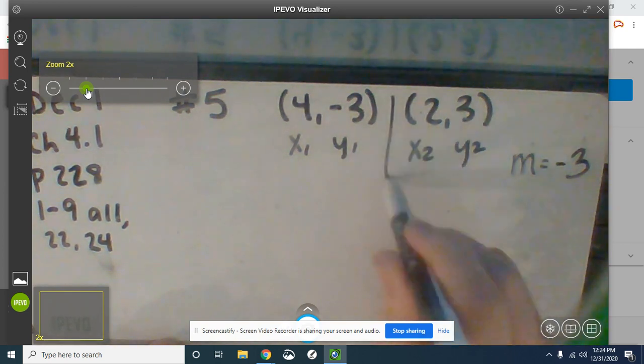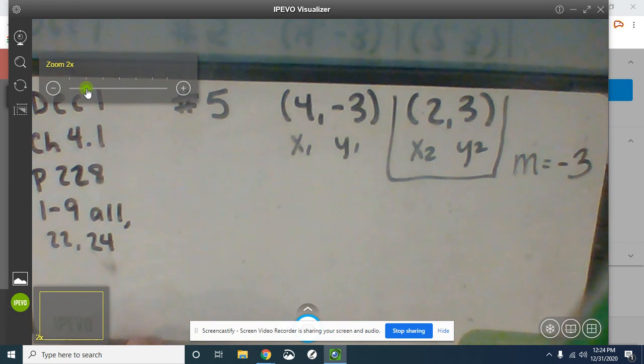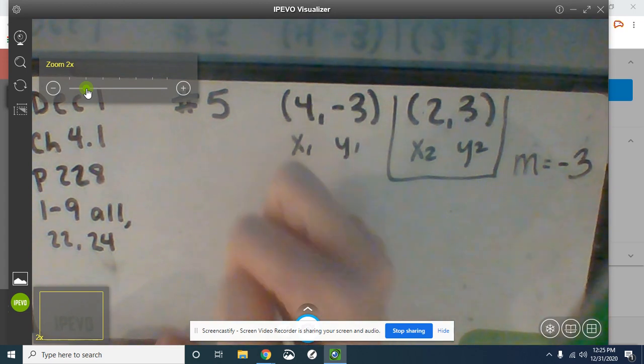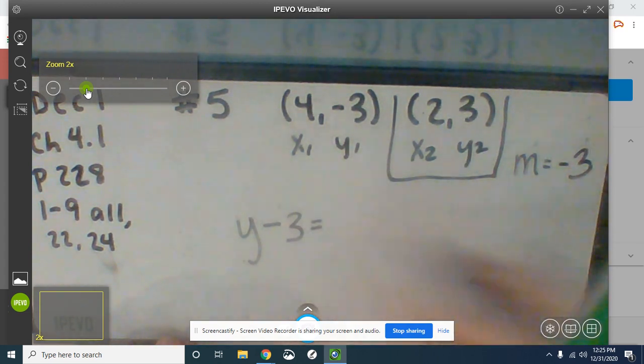I'm going to use this point just because it avoids the negatives and I don't have to remember to rewrite it as plus instead of minus. It just kind of keeps us from making minor errors. If there were negatives, the other example had us with a negative, so you know how to do that. All right, so y minus y1, well here, y2, it doesn't matter. So we have y minus 3 equals m